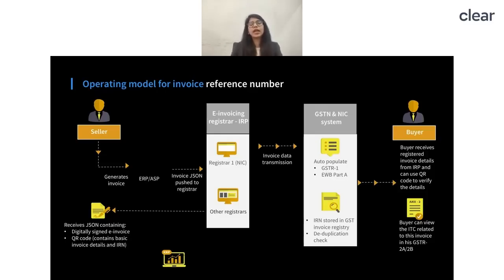Though the government doesn't put any restriction on this, the next question which will always be in our mind is: do I have to do this on a daily basis, or on a weekly basis, or on a monthly basis? The answer is, you have to do this on a daily basis and try to do it on a real-time basis,